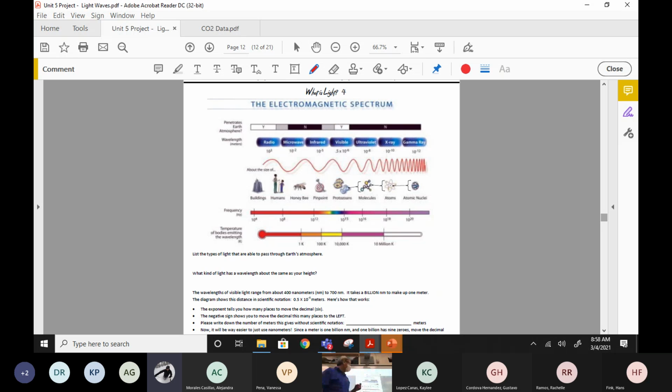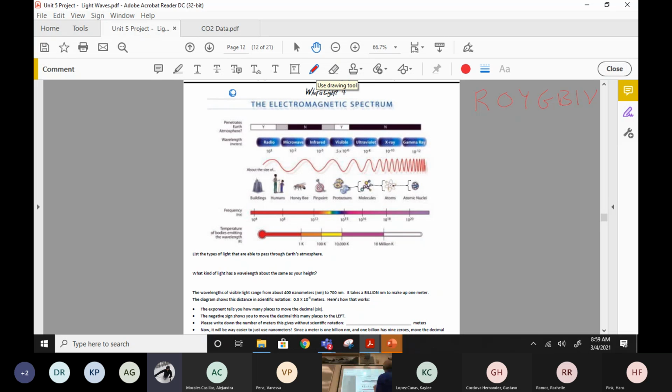Roy G. Biv, right? So if I ask you to list the different wavelengths of visible light in order, that's in order. Roy G. Biv. But the question is, is it in order from low energy to high, or is it from high energy to low? Which has more energy, red or violet?